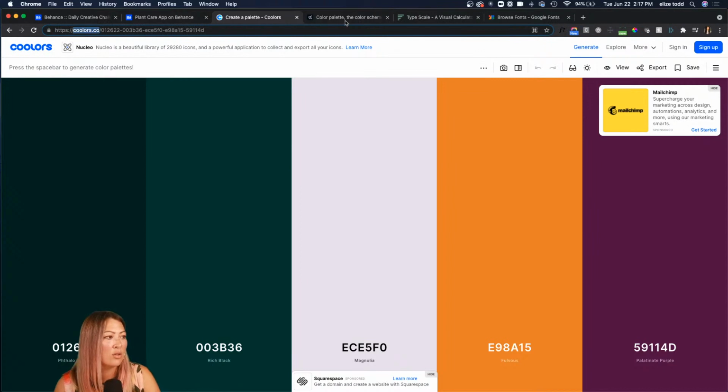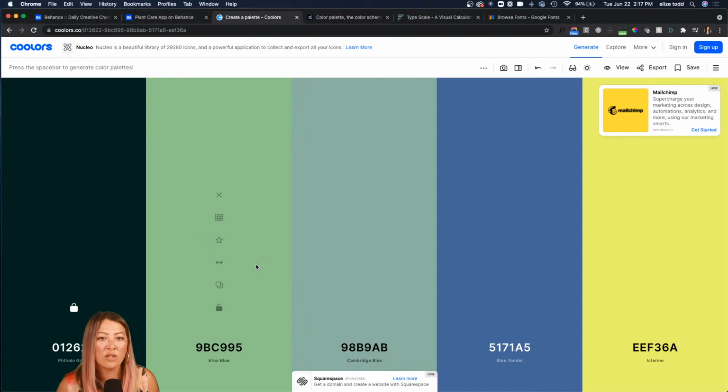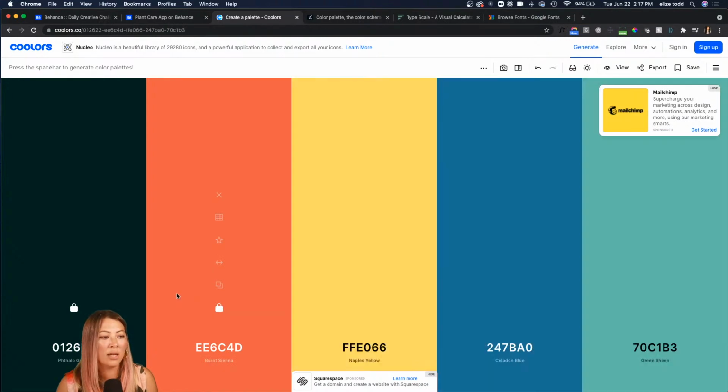There is also, just to let you know how this works, you can have a certain color that you lock in, like I definitely love this color. And then you can use the space bar to change out the colors and have different styles that you like. And then you can say, oh, I really like this one, I'm going to lock that one in. So that's kind of a fun one. And then of course,